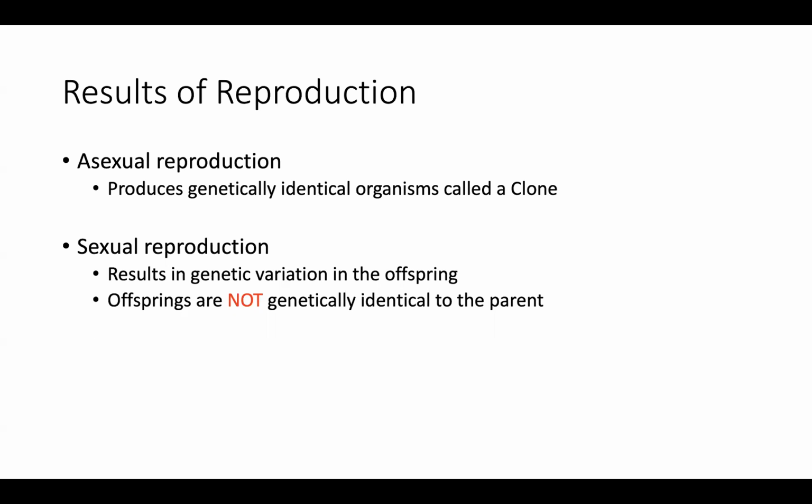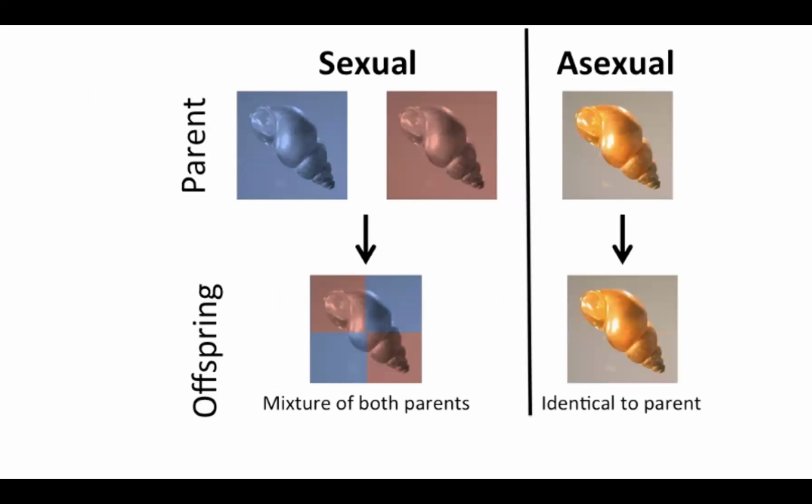What we're going to end up with is what we'll call a hybrid organism, because this newly generated individual, like in the case of humans, is a hybrid of both mom and dad. We get a set of chromosomes, a set of genetic material from mom and a set of genes from dad. So we are not genetically identical to them. We're going to end up being a mixture of genes from both mom and dad.